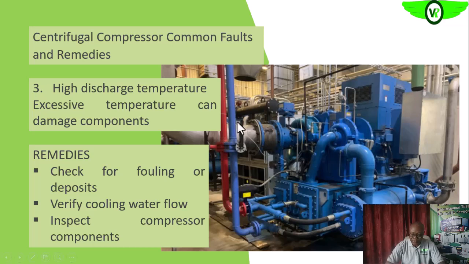So if we have instrumentation telling us the temperature and pressure of the input gases, and the temperature and pressure of the discharge gas, that will give us an indication of whether everything within the compressor is actually functioning